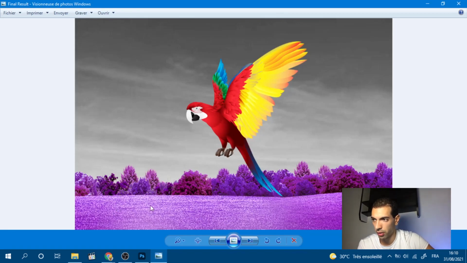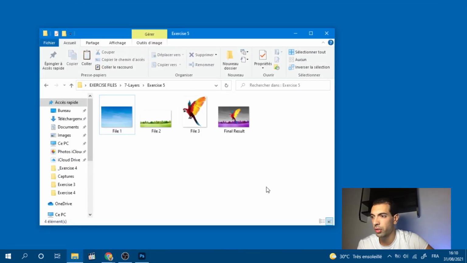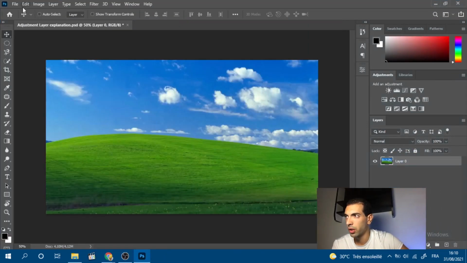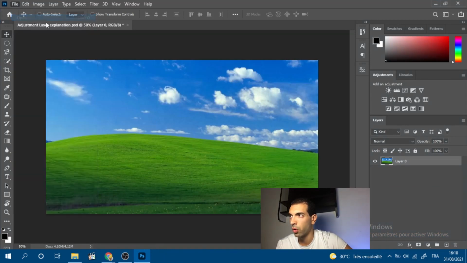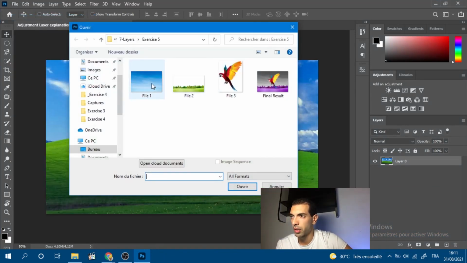We're gonna make the grass and trees purple just like this. We're gonna change the color. We're gonna make the sky black and white just like this, and we're gonna change the colors of the parrot. We're not gonna change the colors, but we're gonna make them more bright and make the parrot more shiny just like this. Okay, we close the image, we go to Photoshop, File, Open, and we start by opening